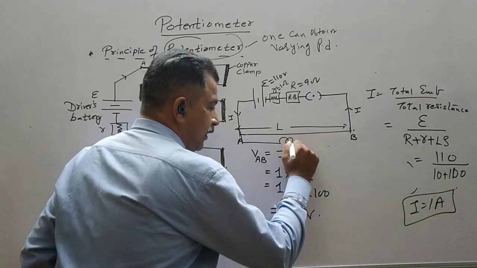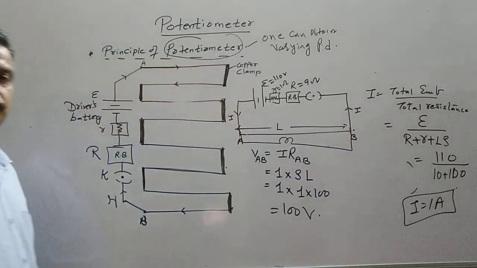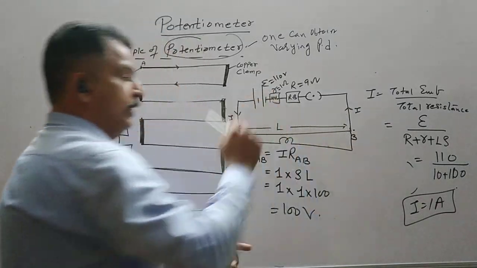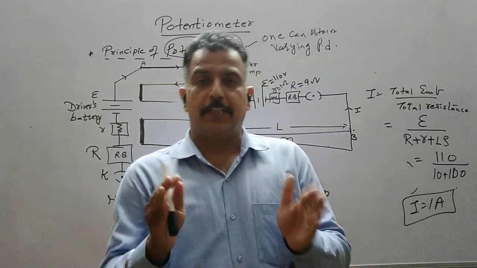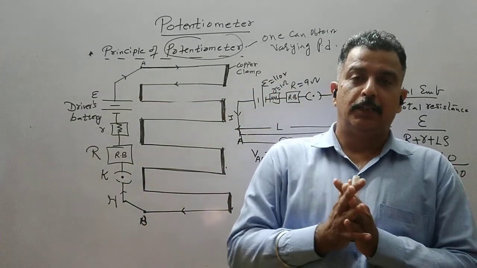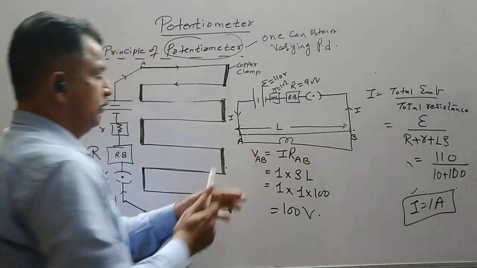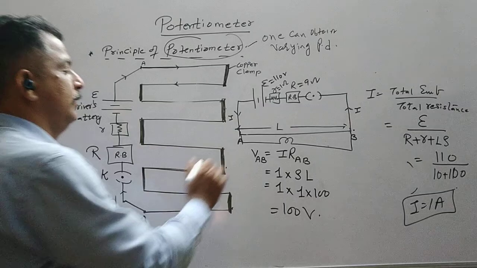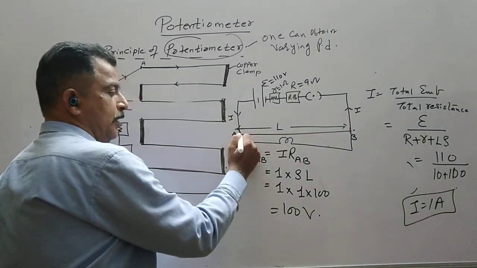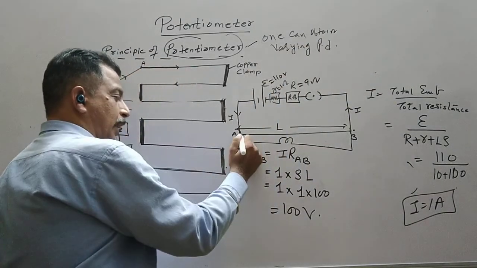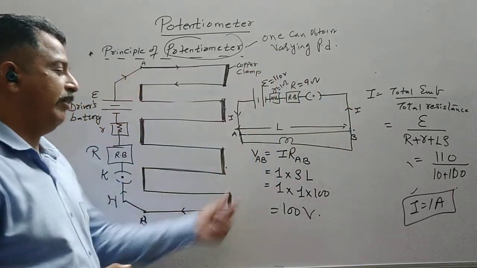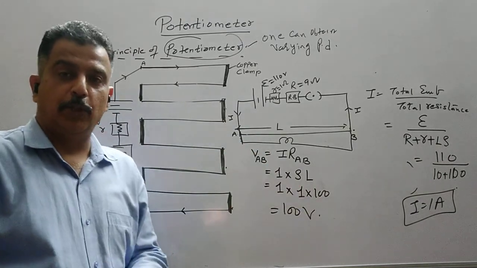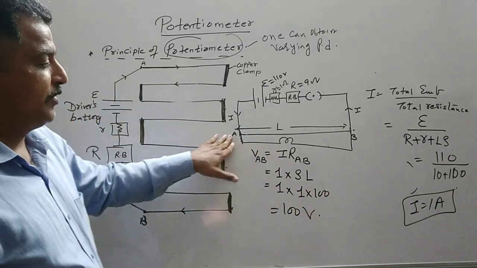connect that bulb here. So the potential difference across this bulb, or any device which requires 100 volt to operate, will be connected here. Although the current will be different, this current comes at a junction. So now A becomes a junction, so some of the current will flow through this wire, some of the current will flow through this bulb depending upon its resistance. But we are talking about the terminal potential difference, or the potential difference across AB.